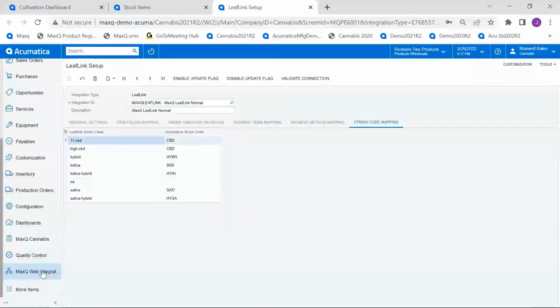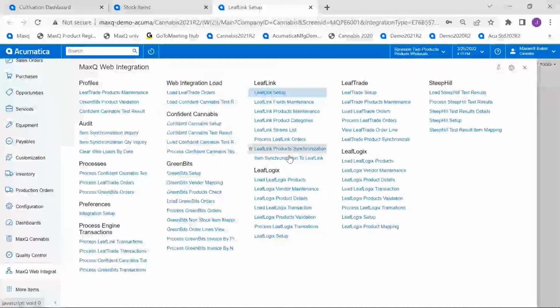So then on that whole integration here, all these things are running, whether I'm sending categories or product maintenance, and they get scheduled. A process Leaflink orders will wake up and process accordingly. And then same thing with product synchronization. You would set this up to run on a periodic basis. And that works across similar to different other